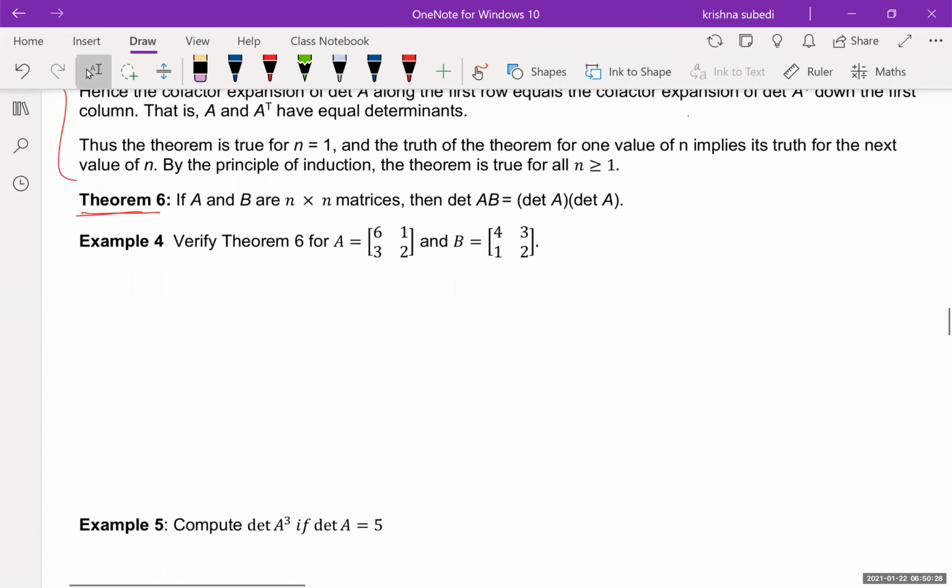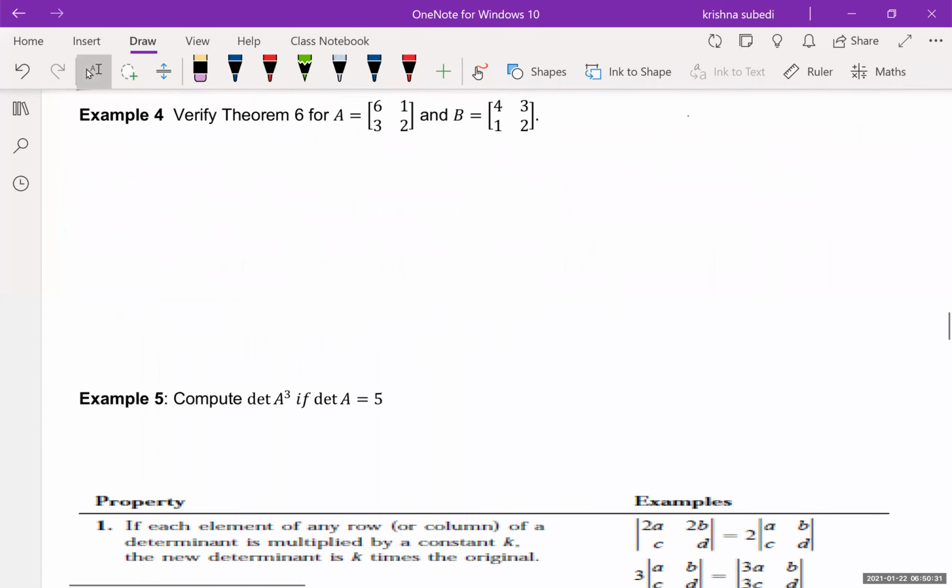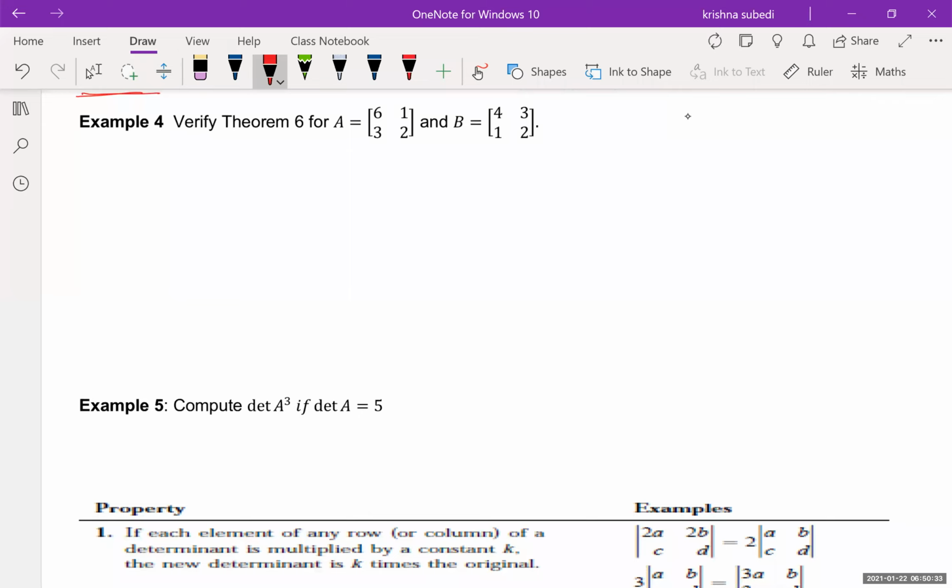Before we go to theorem 6, I would like you to do this. In example 4, we are given two matrices. I want you to calculate the product of A and B, okay? Multiply A and B. It's a matrix multiplication. And let me know. And then once you have the product,